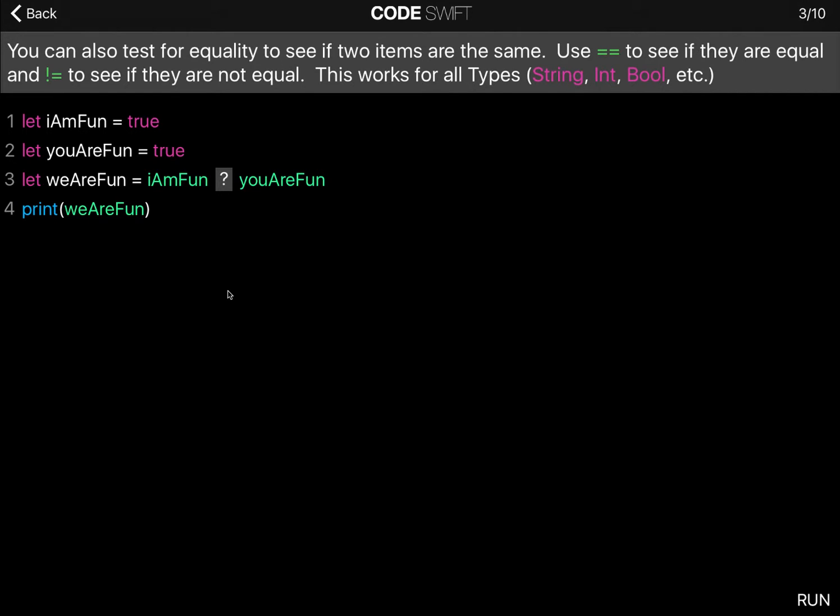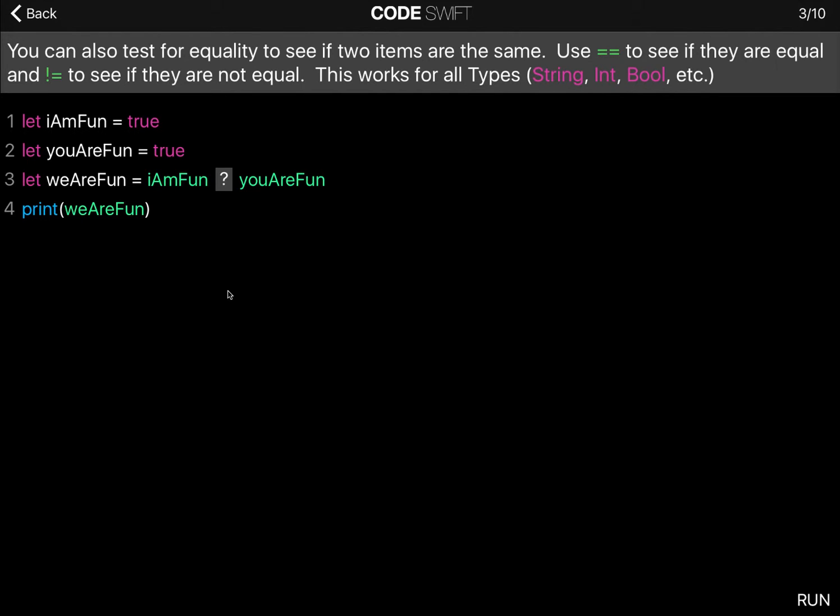Later in the course, we're going to go into functions and learning about conditional programming, where we use the if statement a lot to do something if a condition is true, or do something else if the condition is not true. That is where the Boolean data type is used a lot.